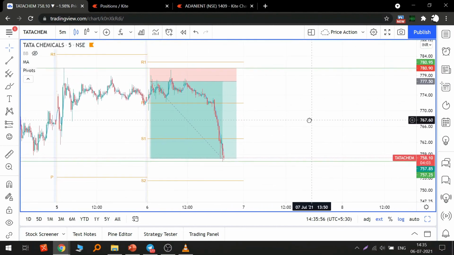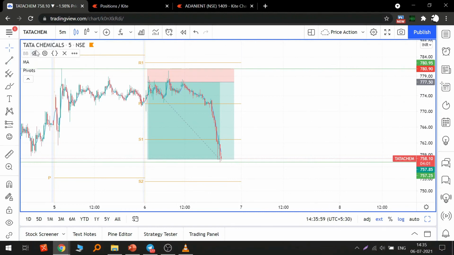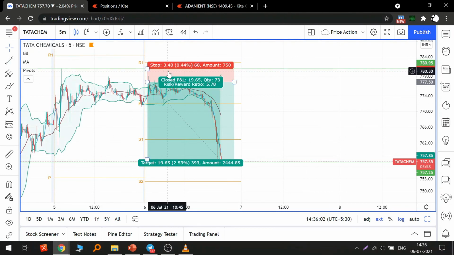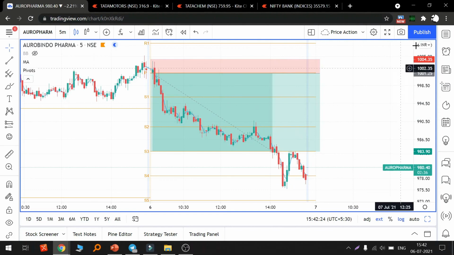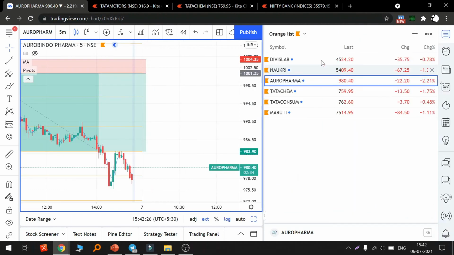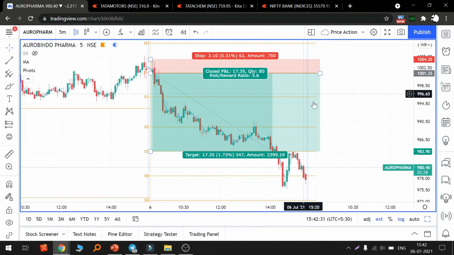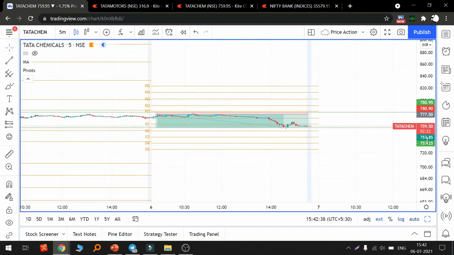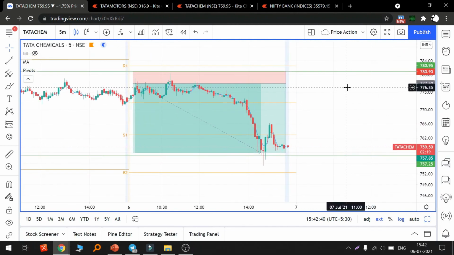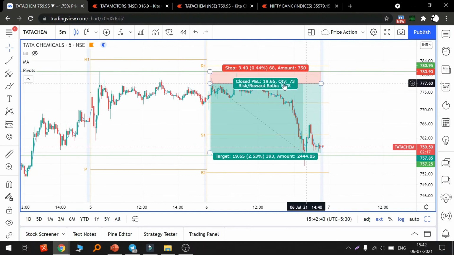By the way, this is not only the case with this particular stock. Today, almost all the stocks which we saw earlier achieved our target without hitting stop loss from the first resistance which we noticed. So guys, as we can see, all these 5 stocks which we had selected before the market opening, you can just check the time. Almost everything achieved the target without hitting the stop loss except one. One which hit the stop loss also gave another entry in re-entry, another good target. And by the way, Tata Chem was 1:5.